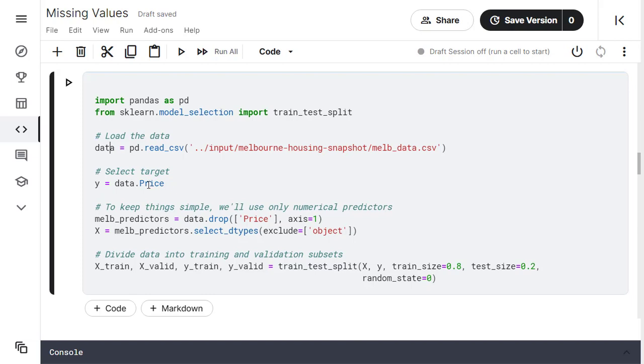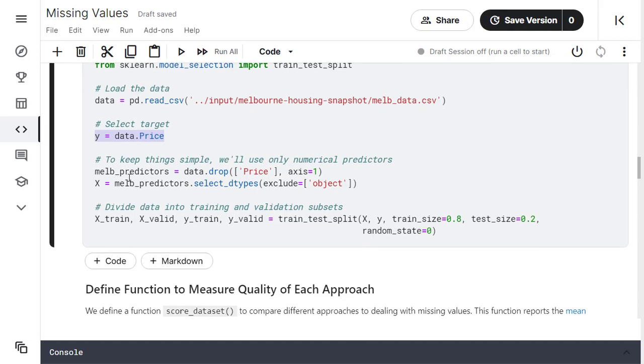So y is equal to data.price. This is the feature which is to be predicted. To keep things simple, we use only numeric predictors. So we are dropping price, axis equal to 1. This will remove y from your data frame and store the rest in melbourne predictors.